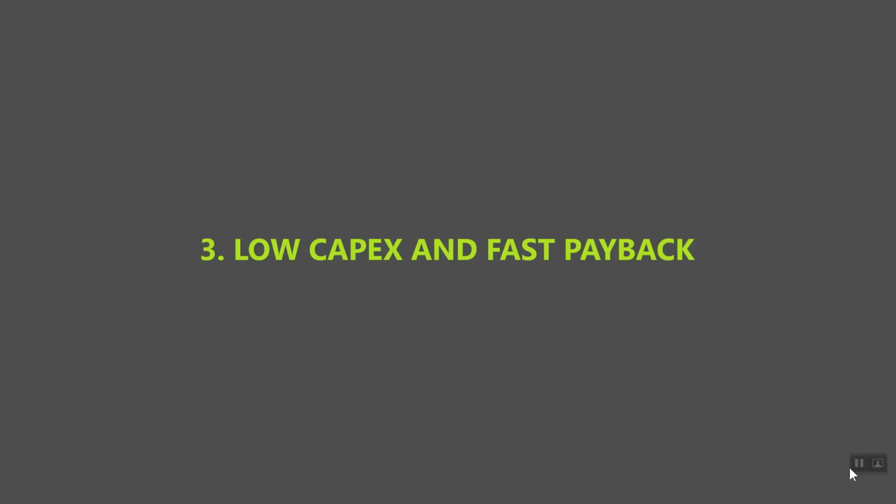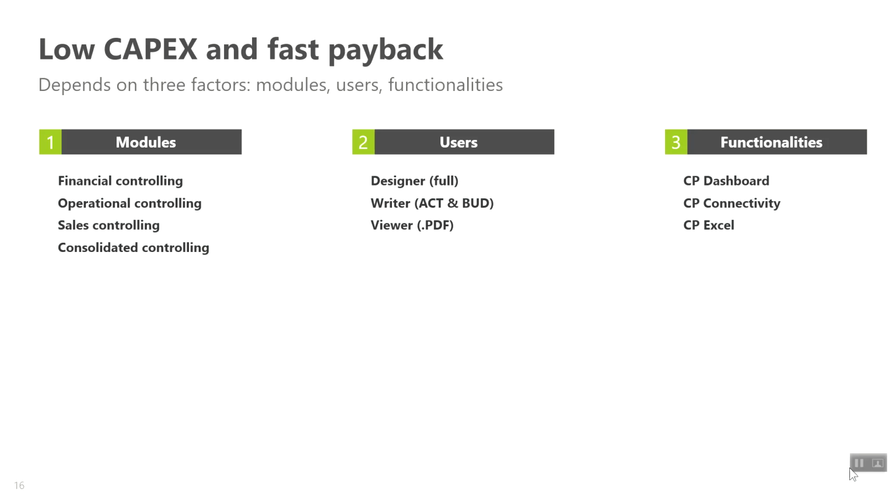The investment is low, which means that the payback is fast, and the investment depends on three main factors: modules, users, and additional functionalities that you choose. When we speak about modules, there are 4 different modules: financial controlling, operational controlling, sales controlling, and consolidated controlling or consolidation. The price of the software depends on the modules that you choose, and here we can see an example